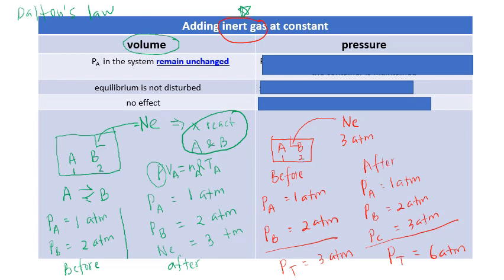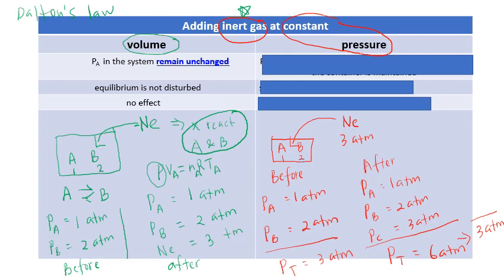However, the requirement of the question here is we need to add the inert gas inside and then we have to maintain the pressure at a constant pressure. Means that from 6 atm now we need to change them to 3 atm. So what can be done by the system so that the total pressure will equal to 3 atm? So the system have to